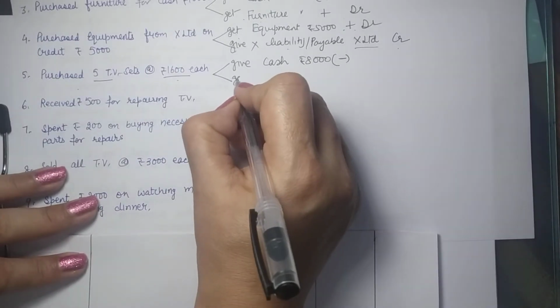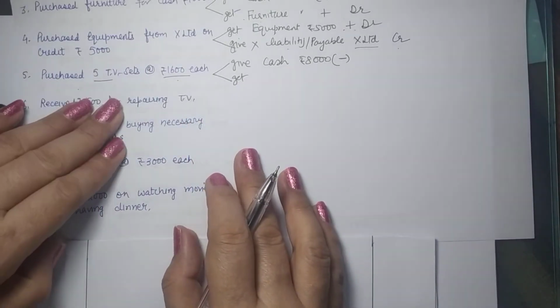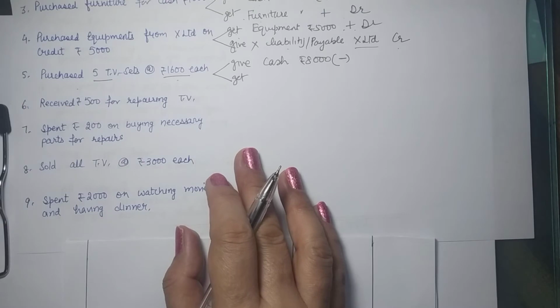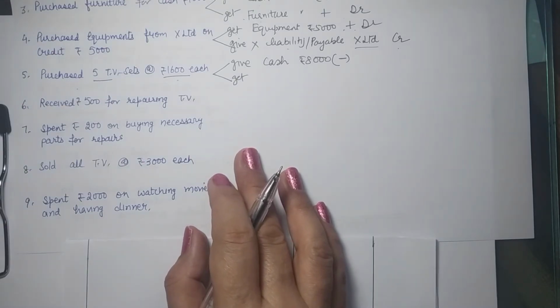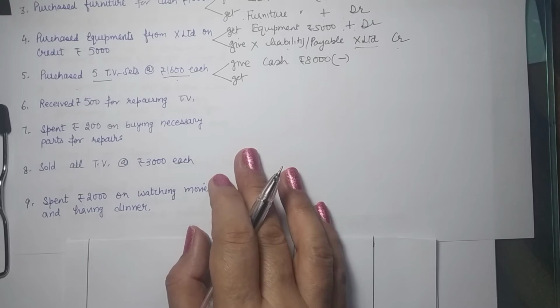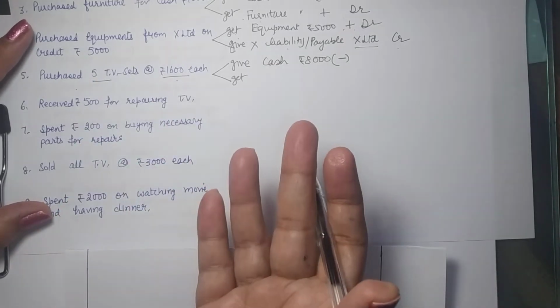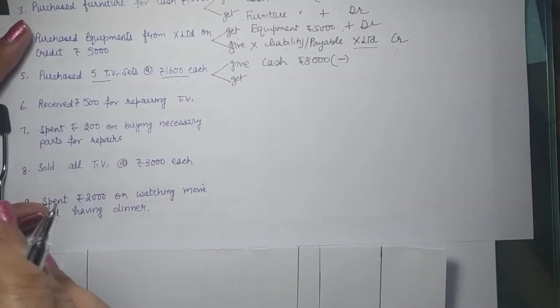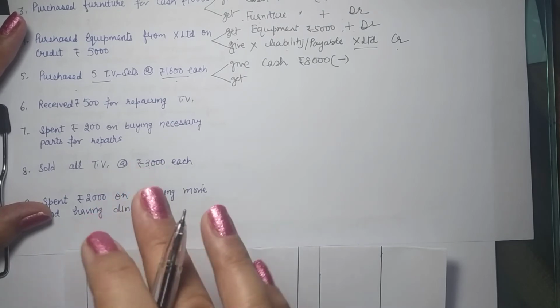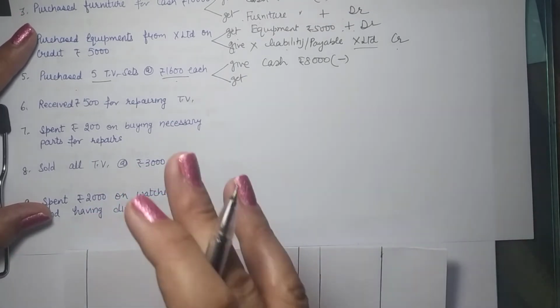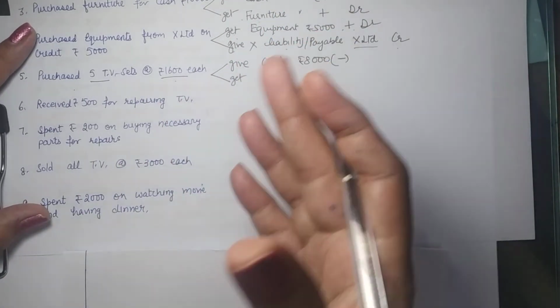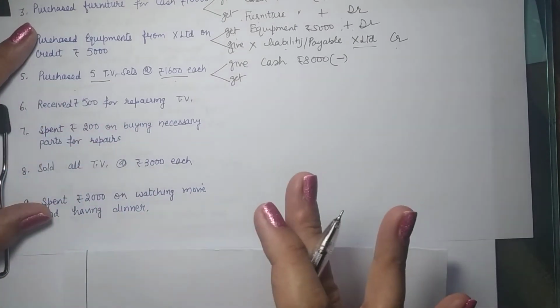Now what do you get? You get TV sets. But what is TV? Is it an asset for you? Are you going to keep it and use it in your business? So it is not exactly an asset in the sense that we are not going to use it. So it's not a fixed asset for us. But yes, it is our asset. It is going to give us benefit. We will sell it. Okay, so you will sell it, you will earn money, you will earn profit. So it is an asset in that sense.